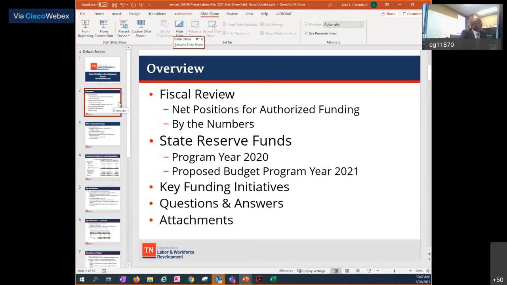So we're going to do a quick fiscal review, starting with just a review of our Title I funding and expenditures for the 6 months, July through December 2020. We want to take a review of last year's state reserve budget and lead us to a decision and approval on